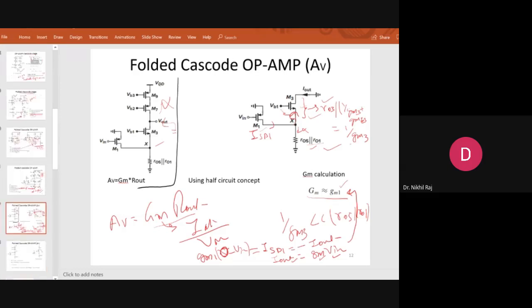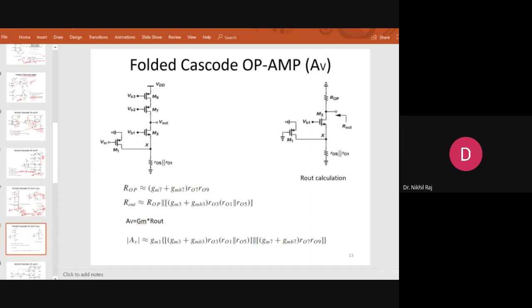Now we will calculate the effective output resistance. It's also the same thing. To calculate the effective output resistance, we attach a test voltage here and a test current will flow, and the ratio of Vt by It will give me the Rout. So this is the equivalent model, but the resistance will be offered by this one. If I look at this architecture, this is a cascode architecture.